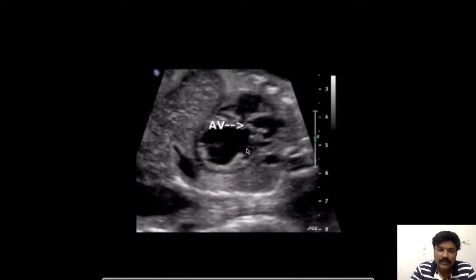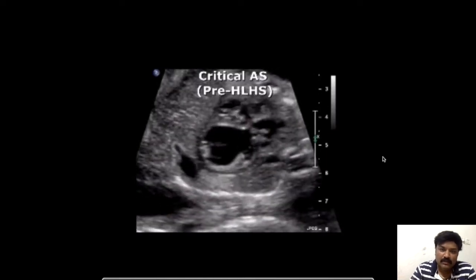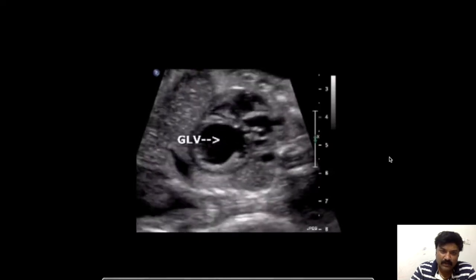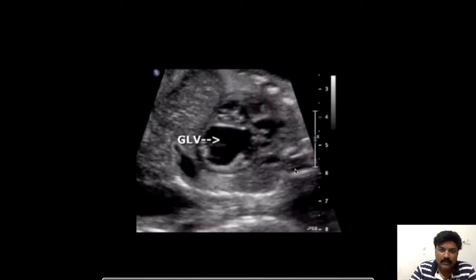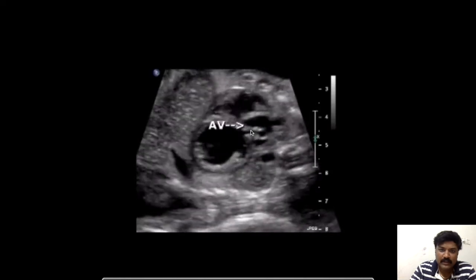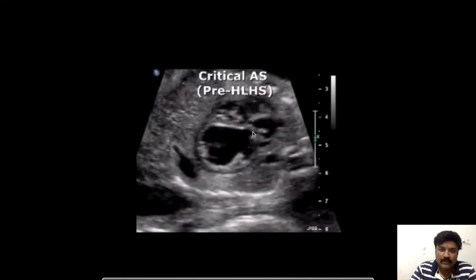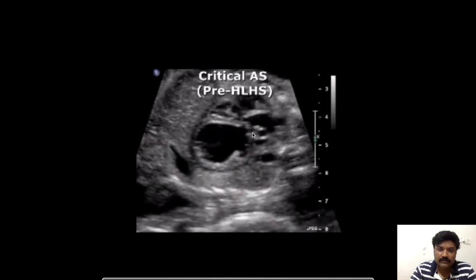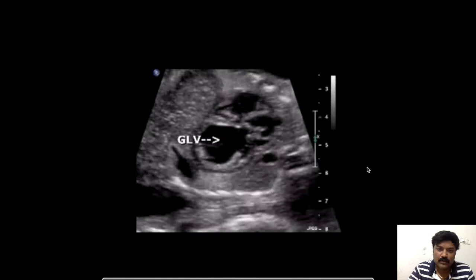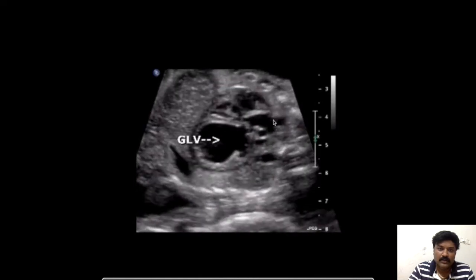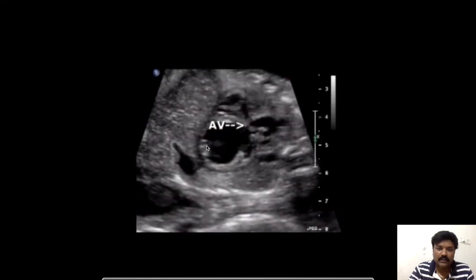So the valve should be thin and faintly visible and should be very mobile. In this case, thick echogenic and less mobile, causing the aortic stenosis. Dysplastic aortic valve causing aortic stenosis, post-stenotic dilatation, and also dilated left ventricle in this case.